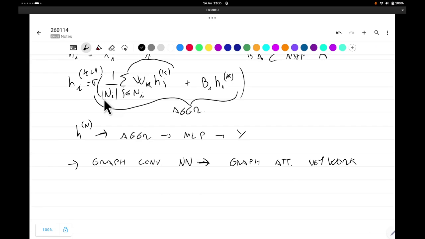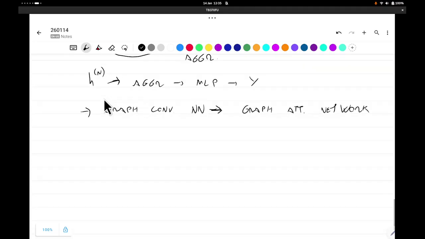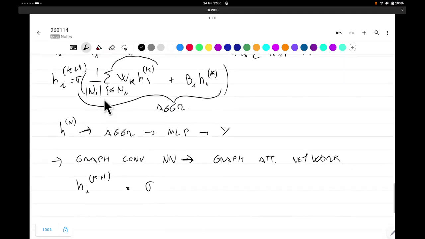So essentially everything now is mapped into a graph attention network. So the most simple, just to understand what one is aiming at, is we have this kind of aggregation